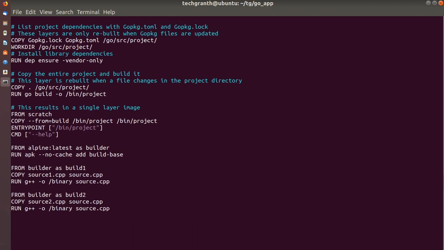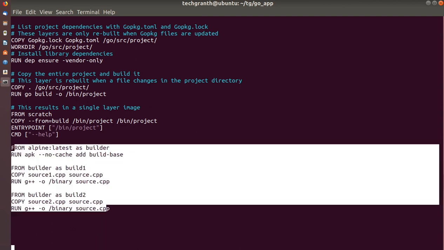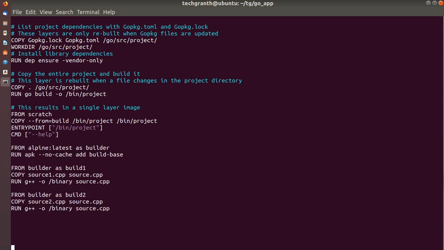So just focus on these three, right? This one. So we have used FROM alpine:latest AS builder. Builder is the stage name. Then FROM builder, we used AS build1, and FROM builder we also used AS build2. Where build1 we have source1.cpp and build2 will have source2.cpp, right? Means we have these three.